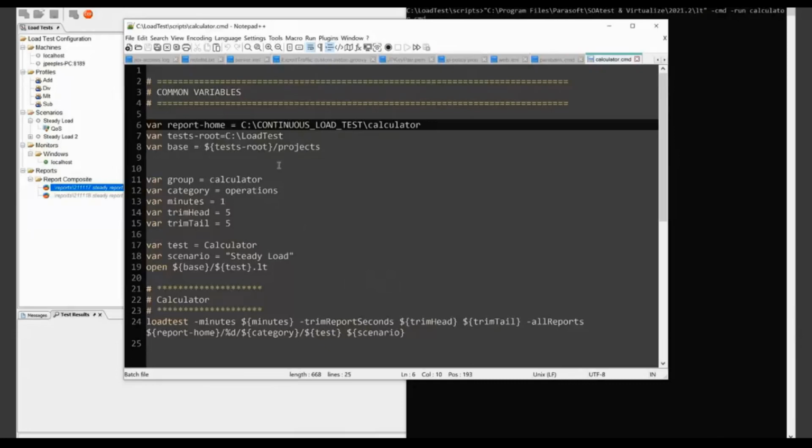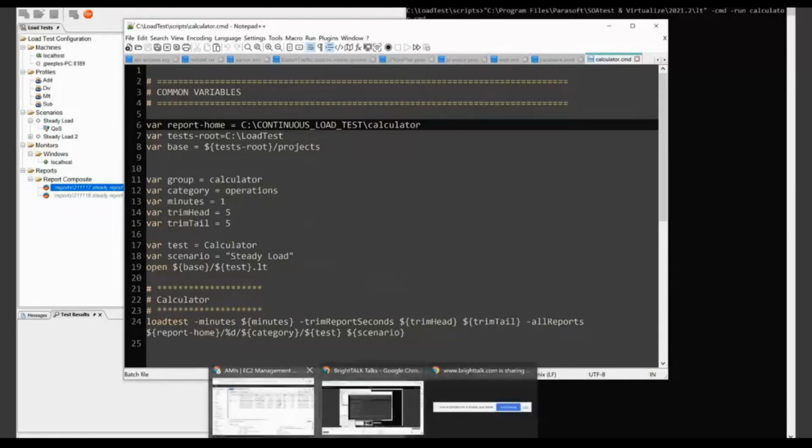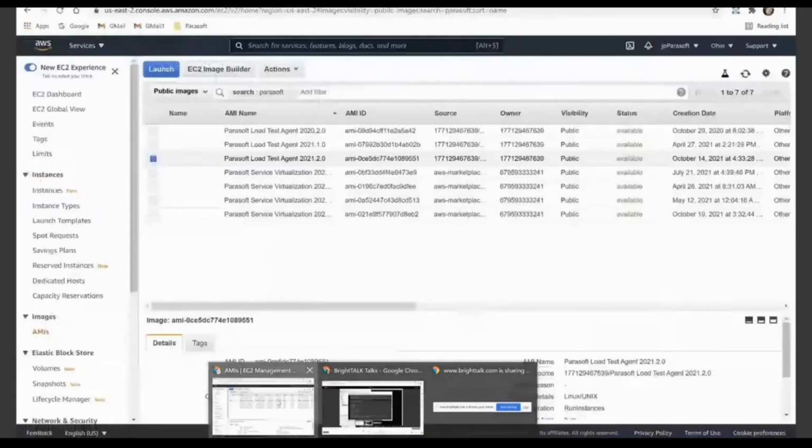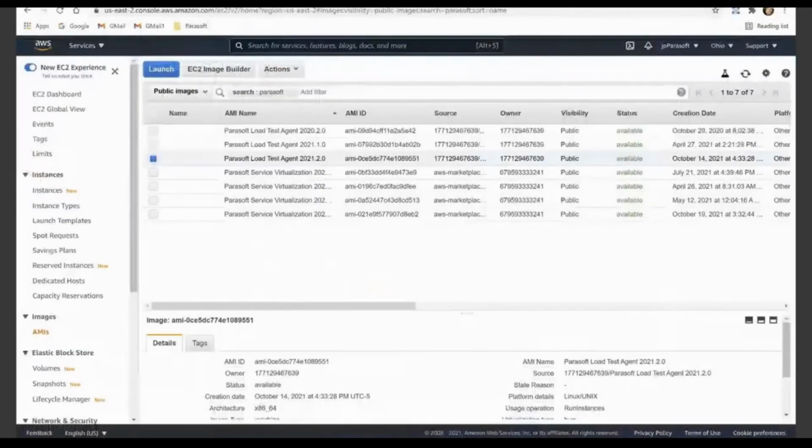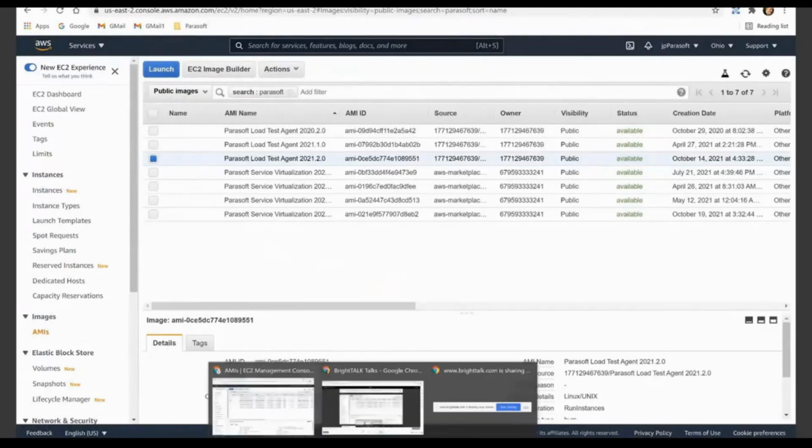It's just specifying where our test route is and what tests we're running, and then what scenario inside that test we're running, and also the directory that it's writing out any reports to. So if we were to navigate to that report and pull it up, we basically would have that same report that we saw, except now it has an additional